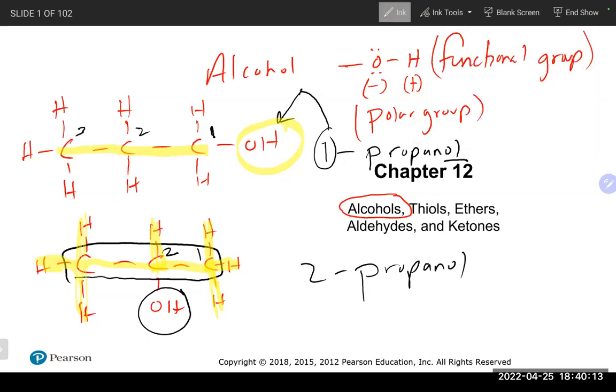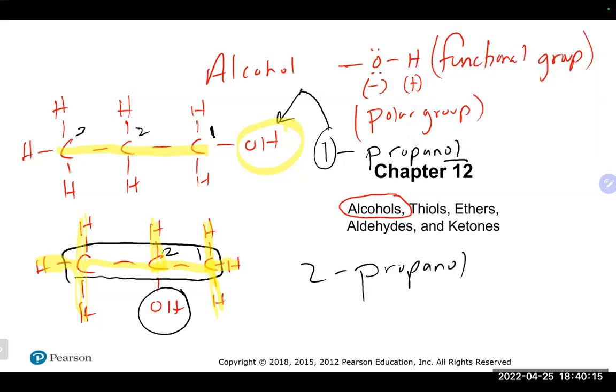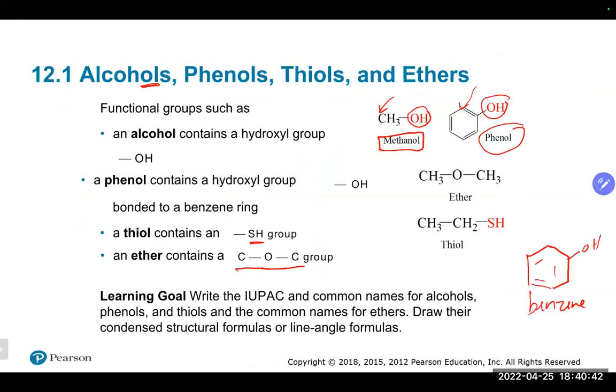Question on the naming. So with 3 or more carbons with an alcohol, you do need to give the number of where the group is attached. Do you have a question or not? Because that's 3 carbons, so it's based off of propane, right? 1, 2, and 3. So 3 carbons is propane, so it becomes propanol. Other questions? So that's the additional thing.